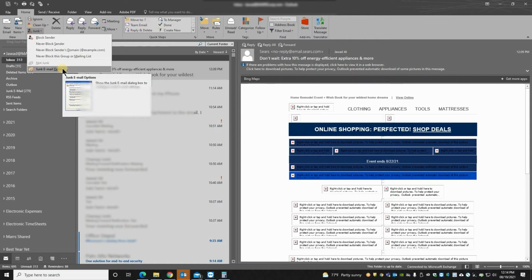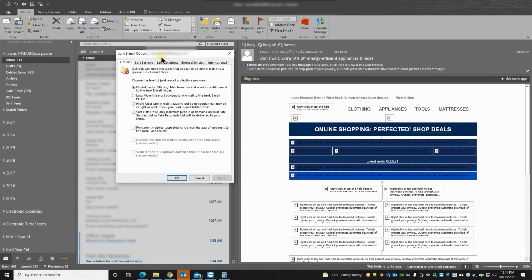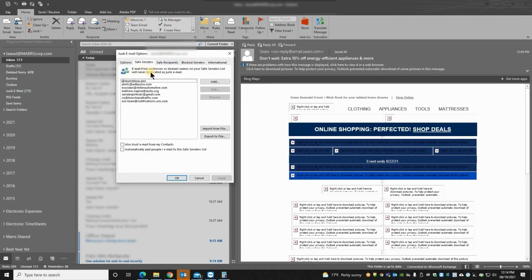is also similar. You just go there and you have an option here like safe sender. If you look over here, I already added certain emails. So moving forward, these are all the safe senders. Anything coming from these email addresses or from these domains, I should receive in my inbox instead of going into junk email. And the same thing is for the safe recipient. This is my personal email, because my personal email address is a safe recipient.